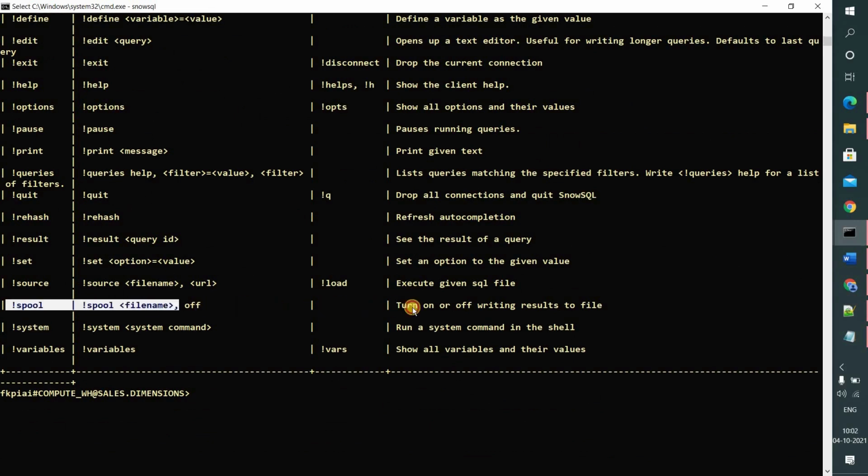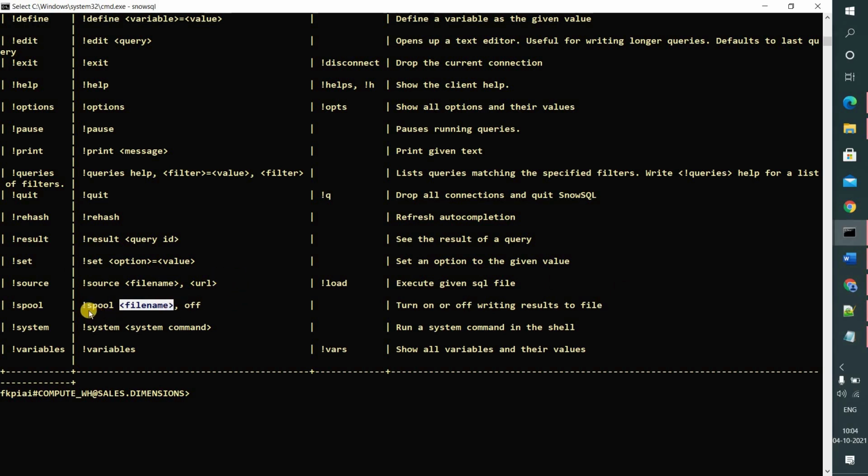So spool, you are already aware of it. So spool command is the same as how we use it in Oracle. If you say exclamatory mark spool and give the file name, after that whatever commands you type, the result of those commands, including the statement, will be printed in the file that you have defined along with the spool command.